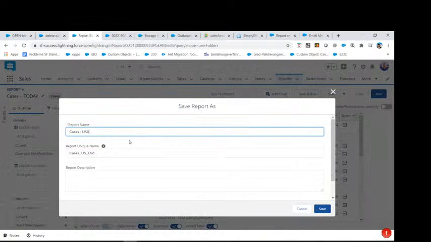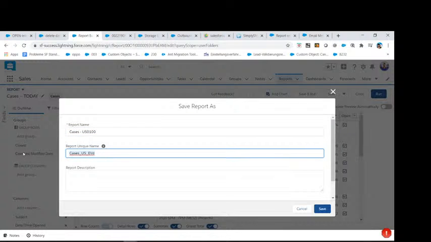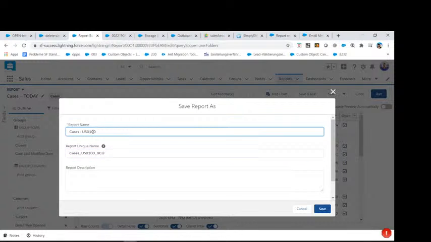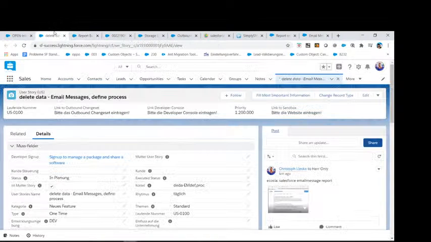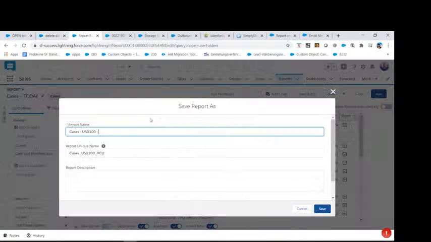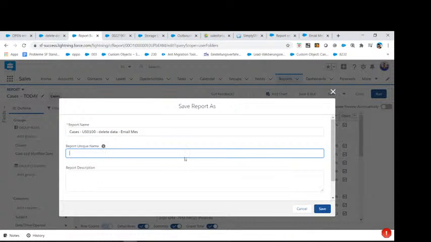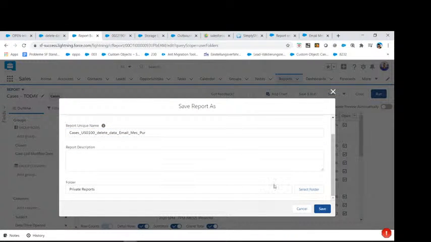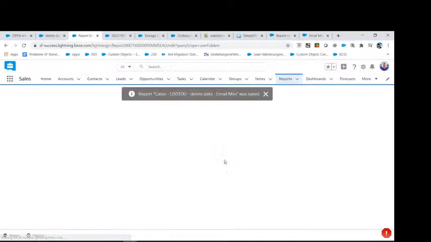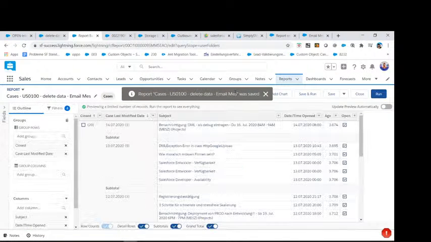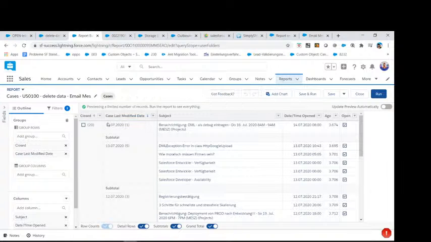Okay, cases 100, and also okay, my bad. The 100 is going to be delete something. Yeah, delete email messages, define process. Just to be sure that we can understand this, private. So let's save it in private. It's fine in my opinion. But we really need to define a process for deleting stuff. That's why